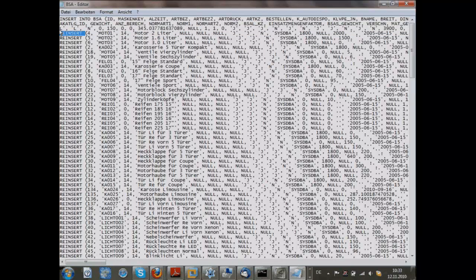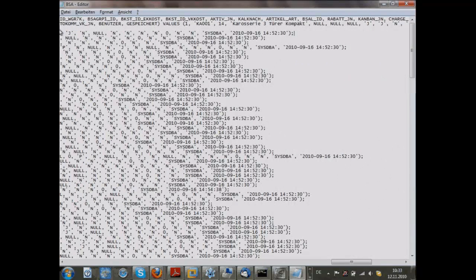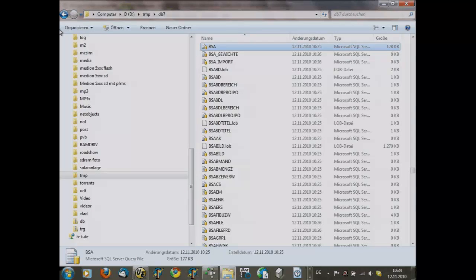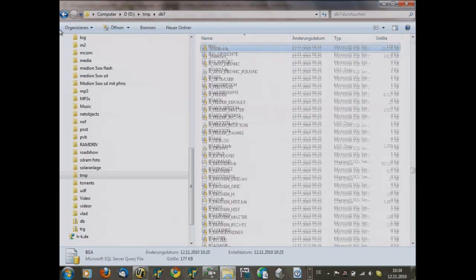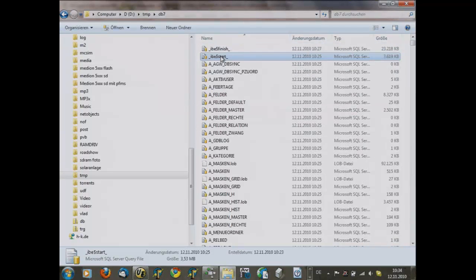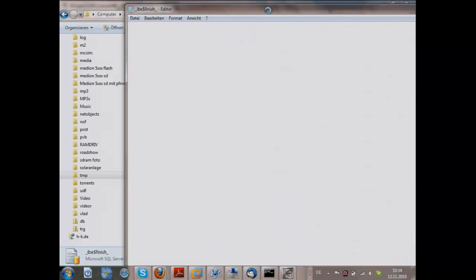It simply makes the scripts smaller, but you can also avoid using a reinsert keyword if you want to use the script with a different processing engine. But here you see the data from the BSA table, and when the BSA table is inserted, it has, for example, relations. You can imagine the invoice tables have relations to the customer table, but in the way that we create the scripts in the IBE $start, there is no relation between any table. The relations between the tables and all the other objects are created in the IBE $finish.